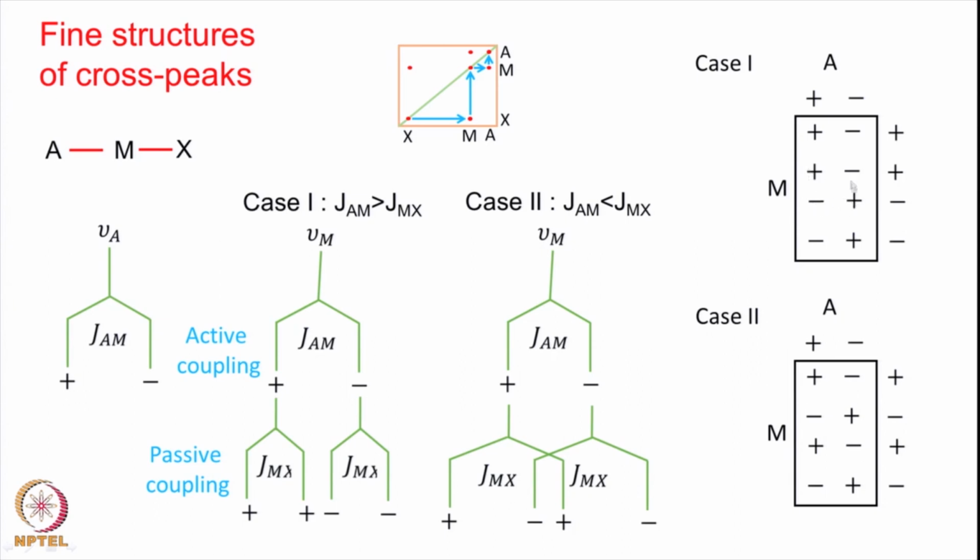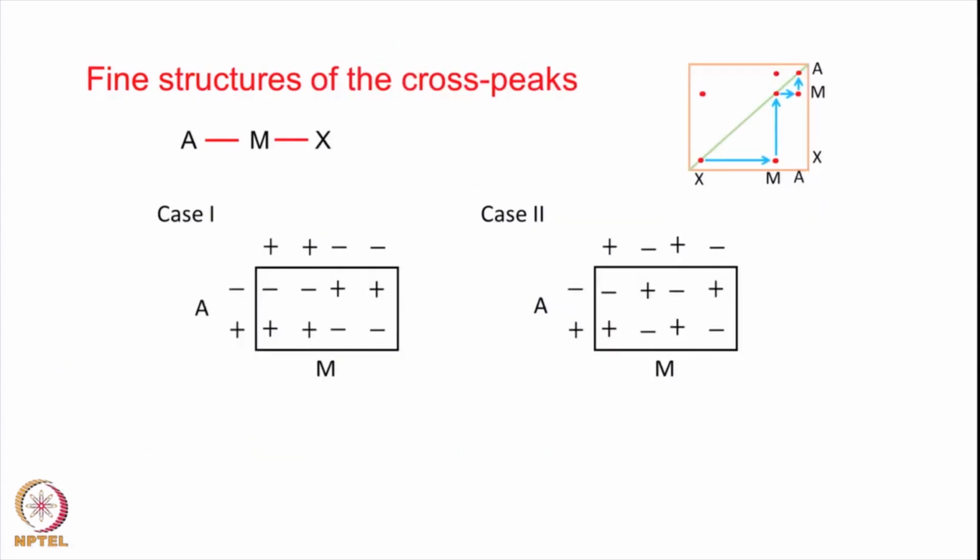So this may cancel this and this may cancel this, and it would appear that these peaks are not appearing in your final spectrum. That is why the fine structures in these peaks may appear differently depending on the relative magnitudes of the coupling constants and which spin you are measuring. So here the A spin is along the F1 axis, M spin is along this axis. If this coupling is very small, there will be a tendency for these ones to cancel, and this resolution will usually be better, but if the coupling constant difference is small, then there may be cancellation here as well. So you will find cancellation of peaks appearing because of small differences in the coupling constants. Same thing will happen here,